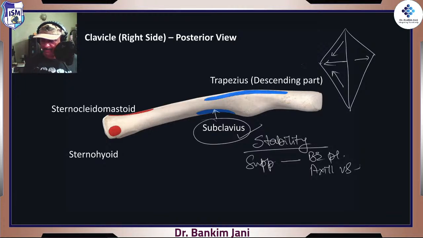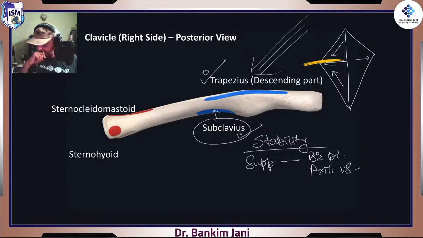So when I put the clavicle over here, it means those descending fibers will be landing on the clavicle. That's what we see over here. So trapezius, those descending fibers, they will be landing over here. So done, trapezius done, subclavius, sorry, done. And one more muscle, this one,